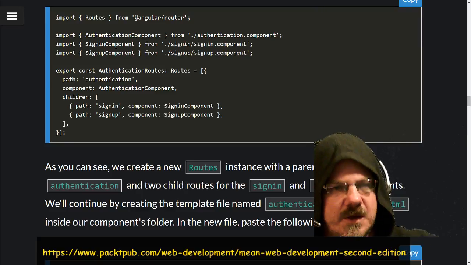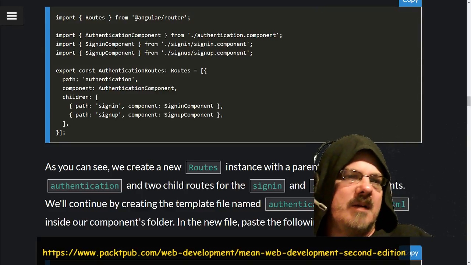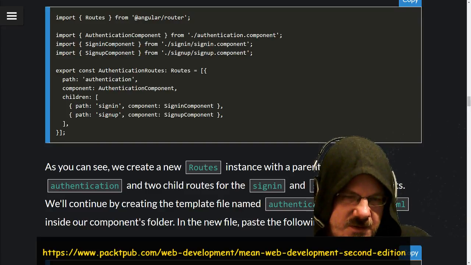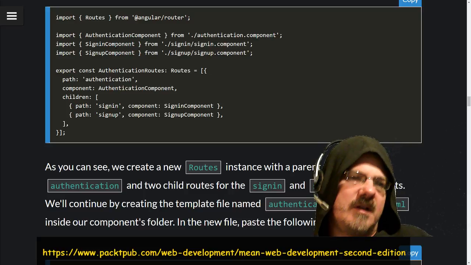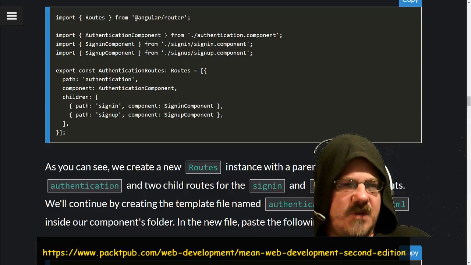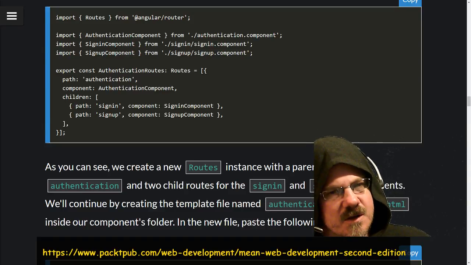Import routes from Angular Router. Import Authentication Component from Authentication Component. Import SignIn Component from SignIn component. Import SignUp Component from SignUp component. Export constant authentication routes, routes equal,